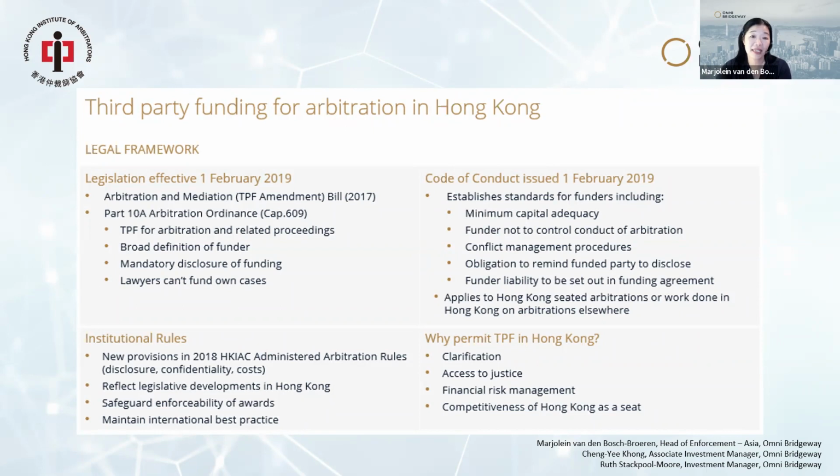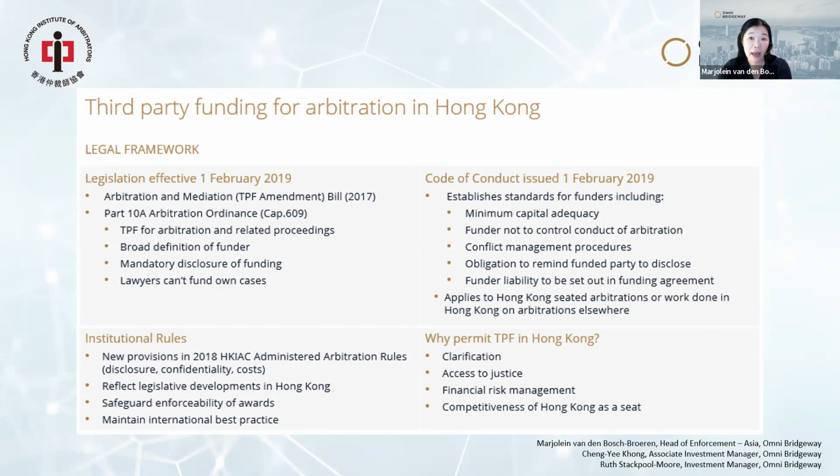So there was a clear need to clarify the law, particularly in the context of arbitration. And there was also a need to allow claimants in arbitration to have access to justice for meritorious claims when, for whatever reason, they are unable to fund the claims by themselves. As many of you will know, it is not only impecunious parties who seek funding, but it has also emerged as an extremely effective way for any party to manage the financial risk of arbitrating and keep the costs off